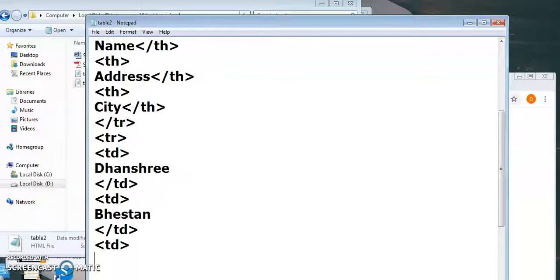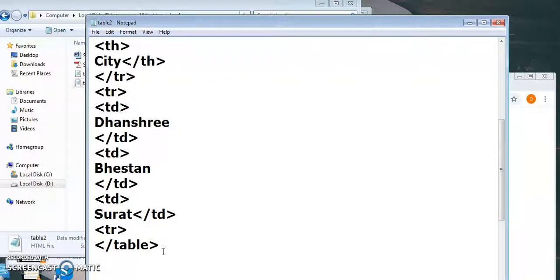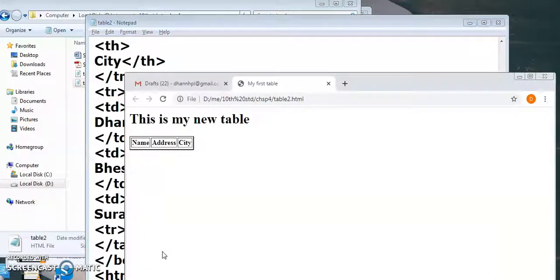City: my city is Surat. TD close, TR close, table close. Then body close, HTML close. I hope you will get this coding. Now I just refresh it.